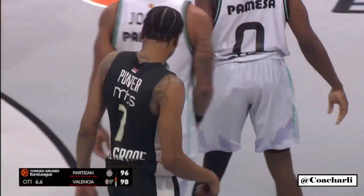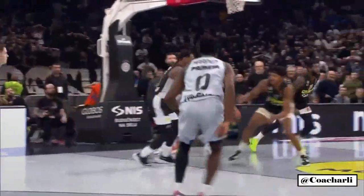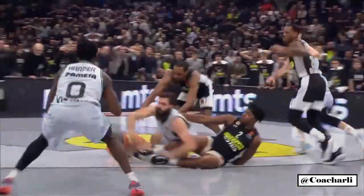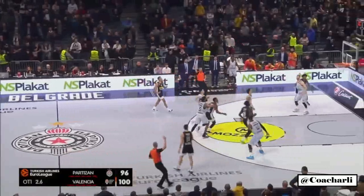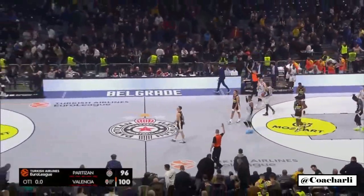Valencia turn it over. Here's the turnover into the hands of Nunnally. And look at the hustle of Lopez Arostegui. Now, was there a foot? Lopez Arostegui. Doesn't matter 2 or 3 because you need 2 of them. Nunnally's going to step into a 3. It won't go. And on that rebound, Valencia